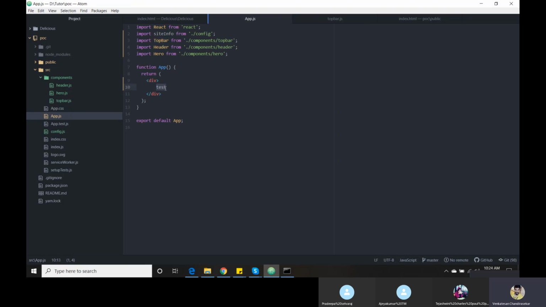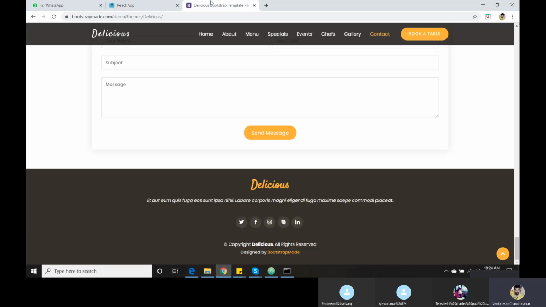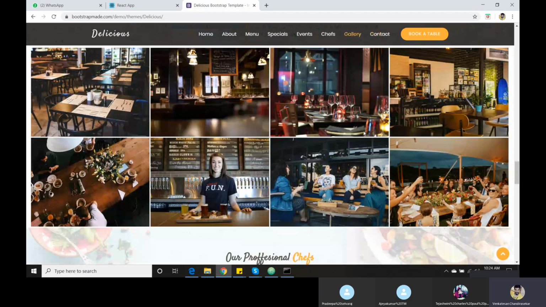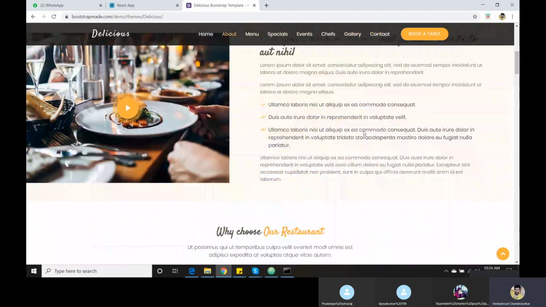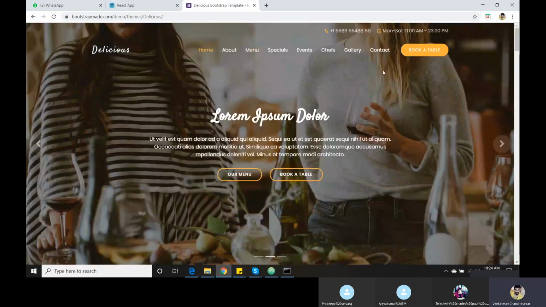Here I want to use it. What is the use? How am I supposed to use the component inside the app? The syntax is using the component name, and we need to close the tag in a proper manner. Then it will work. Now it is showing the top bar. We did not complete it, that's the reason it is showing like that.